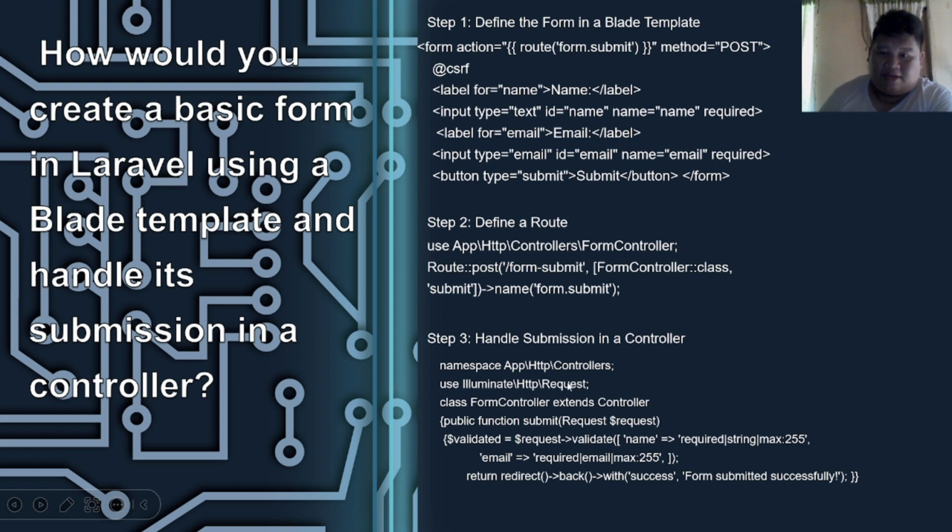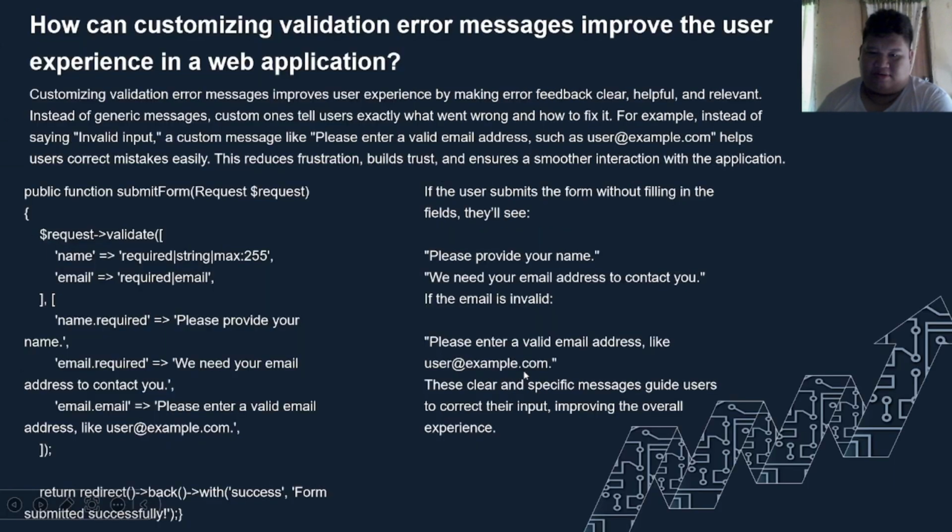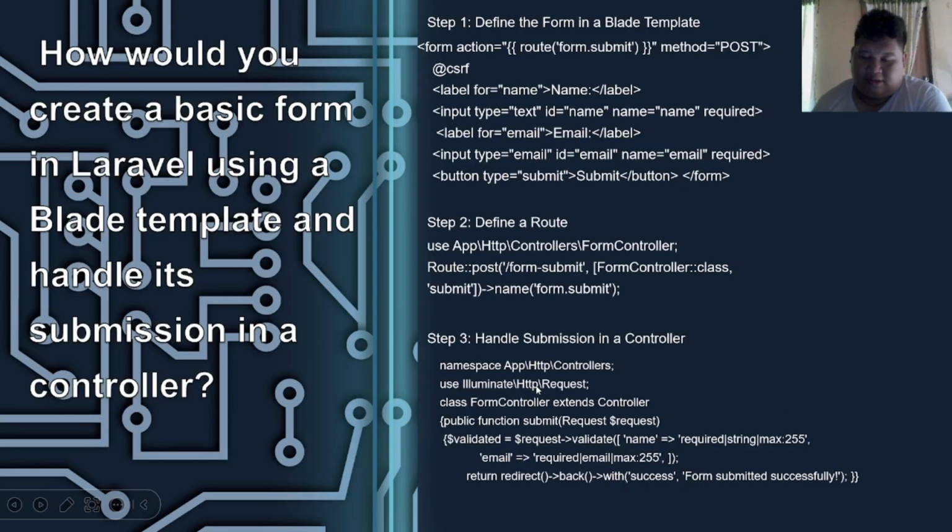Then, step 3, handle submission in a controller. Here's the code for handling the submission in a controller. Public function submit, request validated equals request validate, then name, email, then